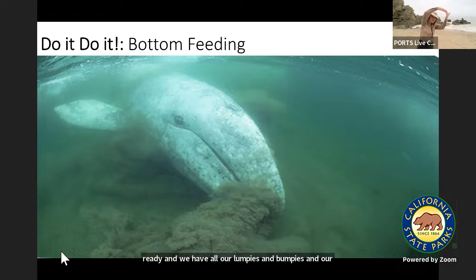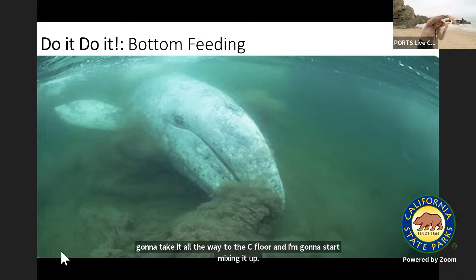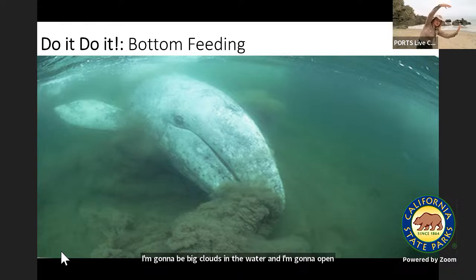And I'm starving and it's time for me to eat. So I'm gonna take a deep dive all the way to the seafloor and I'm gonna start mixing it up. I'm gonna push all this mud around. I'm gonna make big clouds underwater and I'm gonna open up my mouth and take a big old gulp and